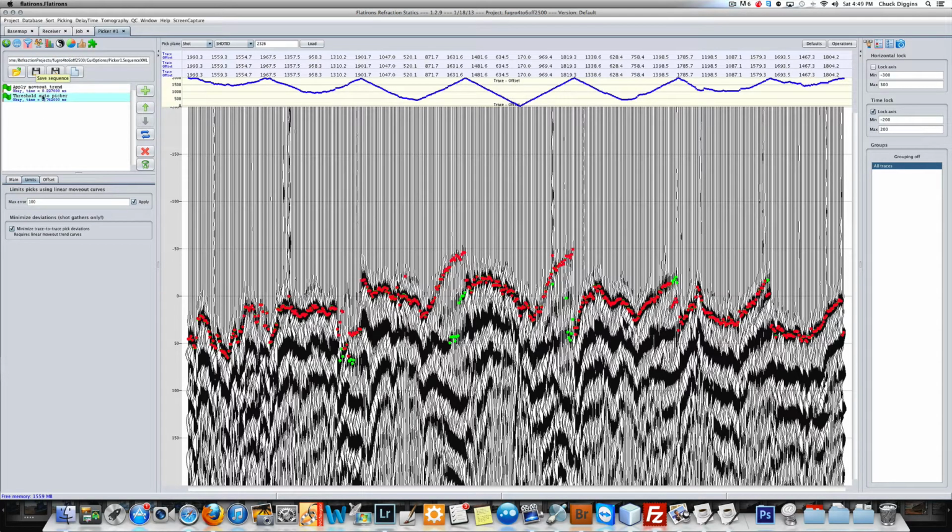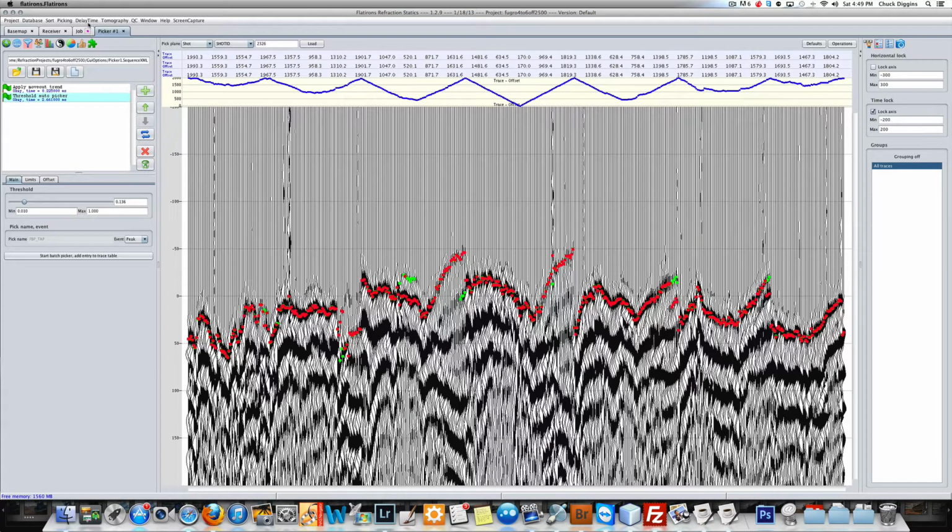So under the threshold auto picker here, under main, you can say start batch picker, and pretty much it'll pick all the green picks. And again, I would adjust these a little bit more. Unfortunately, we can't. One of the things we're planning is spatially varying this threshold parameter for this threshold picker, but right now we don't have that. So anyway, at some point we get our picks that way,